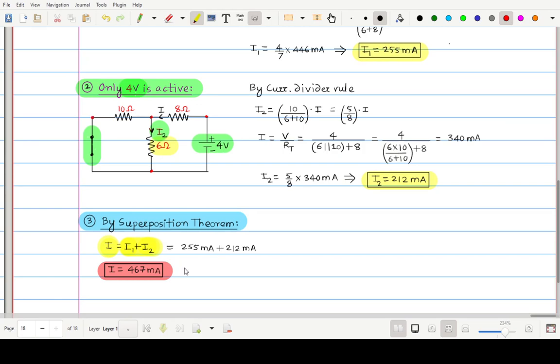But you have to remember, the only disadvantage of this theorem is that it cannot be applied when your circuit contains only one energy source. Your circuit should contain at least two energy sources, two or more than two, then only this theorem is applicable. So this is part 1 of the superposition theorem. In the next part we will see when our circuit contains both a voltage source and a current source, then how we can calculate the current.